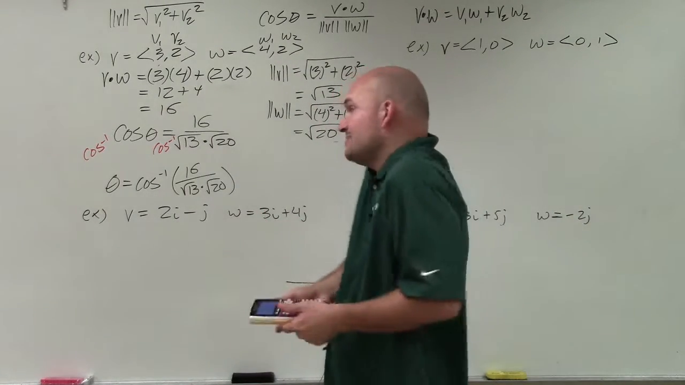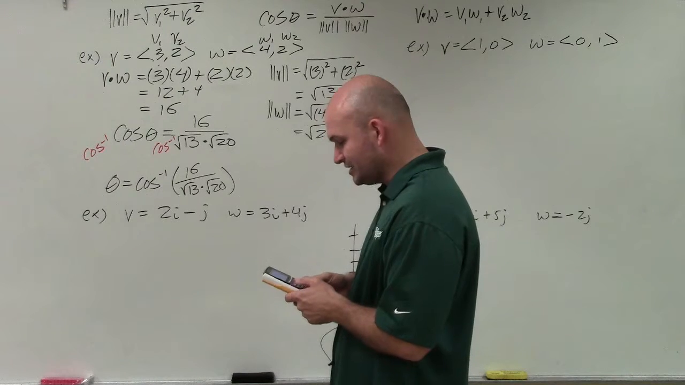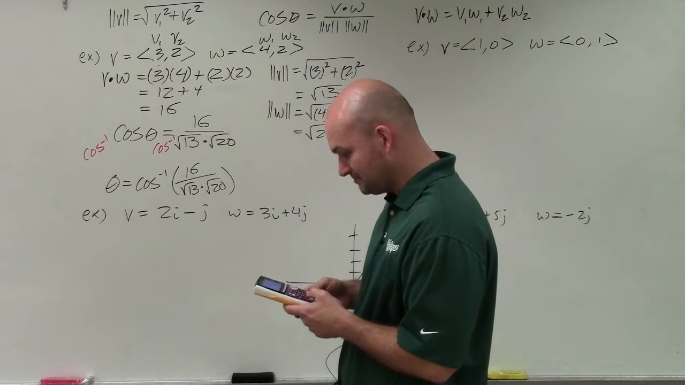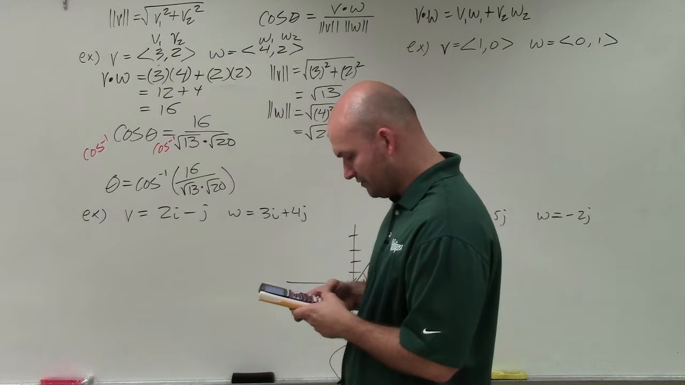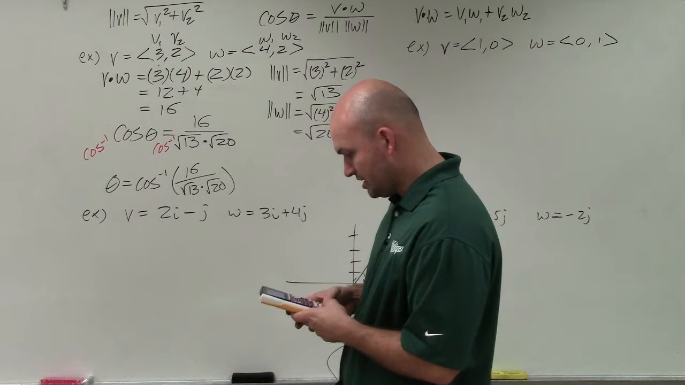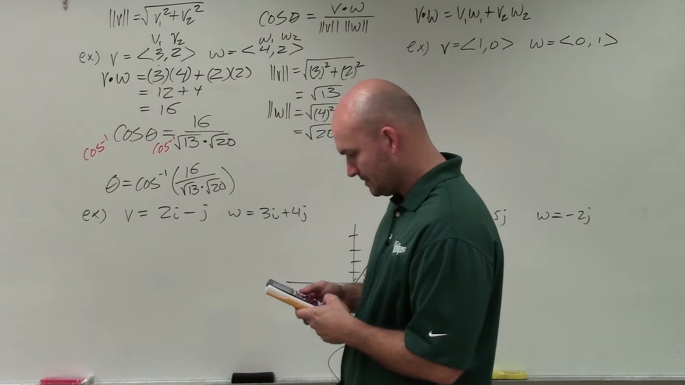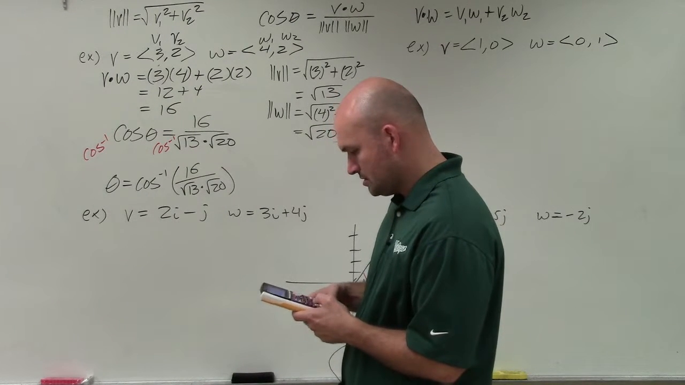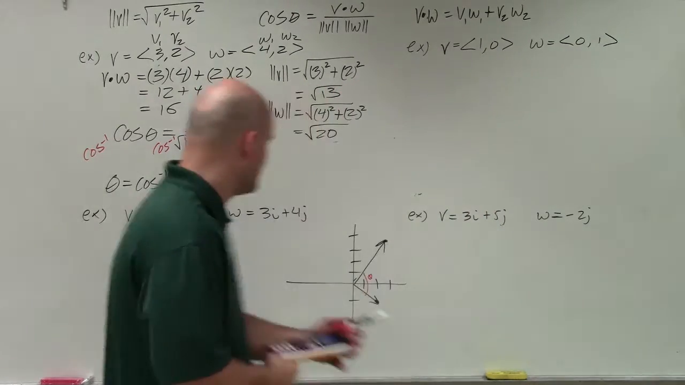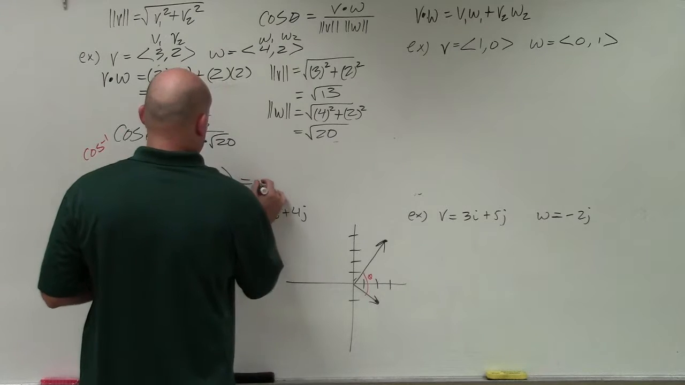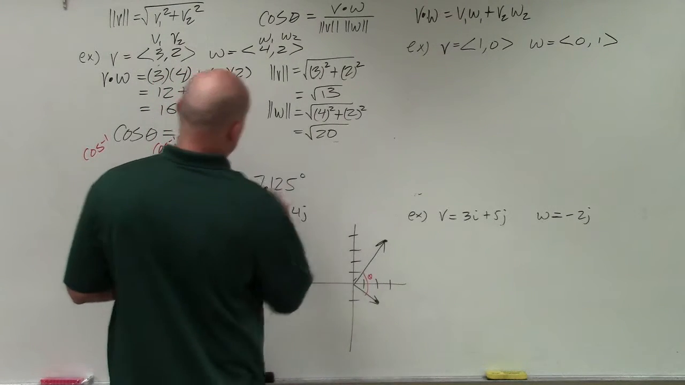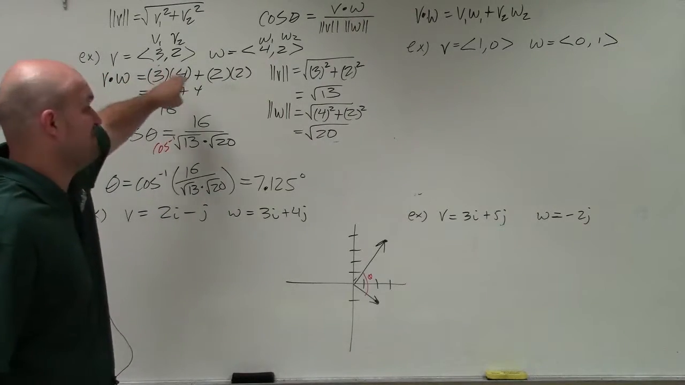Again, you could simplify it, but it's not necessary. So I'm going to do the second cosine, which gives me cosine inverse. And then I'm going to do 16 divided by the square root of 13 times the square root of 20. Close all my parentheses, and I get 7.125 degrees. And if you were to look at these two angles, these angles are very, very similar to each